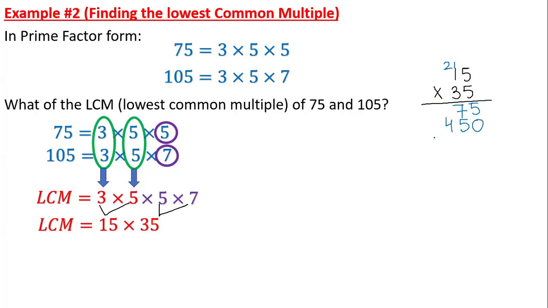Then 5 plus 0 is 5. 7 plus 5 is 12. Put the 2 down, put the 1 up. 4 plus 1 is 5. So the answer is